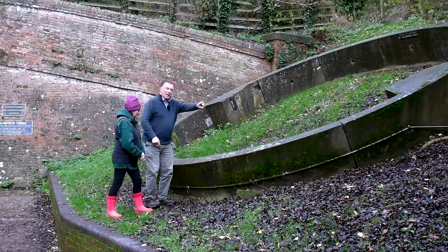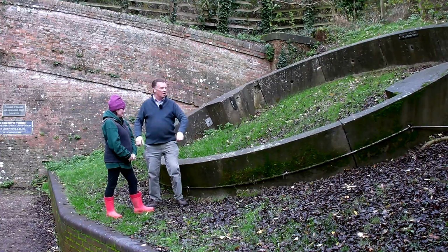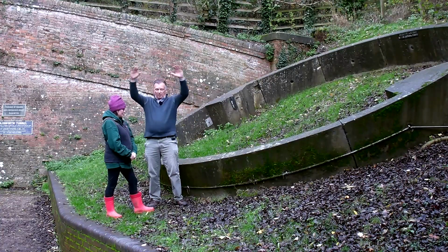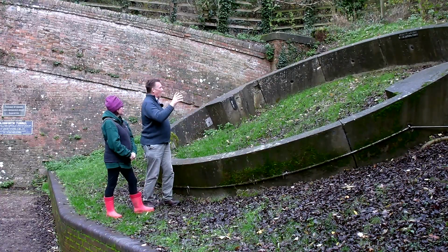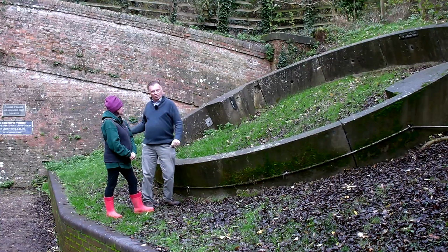This ring is what they used to repair their tunnel with. Because when the tunnel was built, it was just brickwork, right? Big archway like this with what they call a saucer-shaped bottom, right? Kind of like that. And we're going to look at these in there, in a tunnel, through our passage that